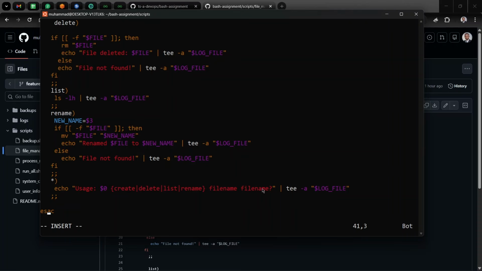This is going to be optional, right? Because it's going to be useful when you are renaming a file. So use create and a file name, delete and the file name. List, you just need to provide the list command for listing files, and then rename, you need to provide 2 file names. So let me go back up,